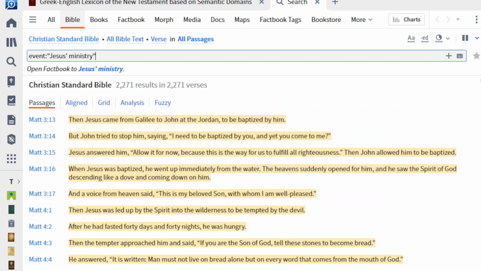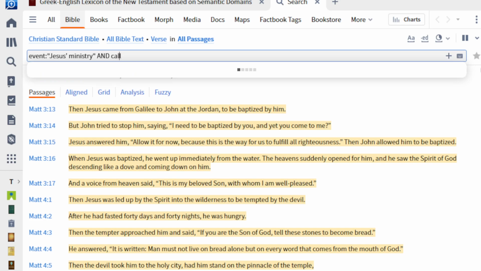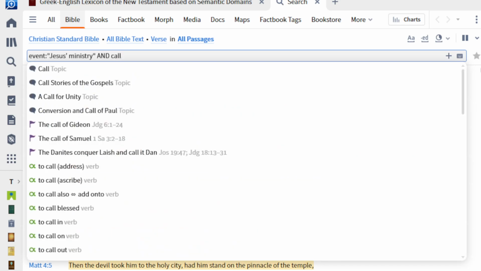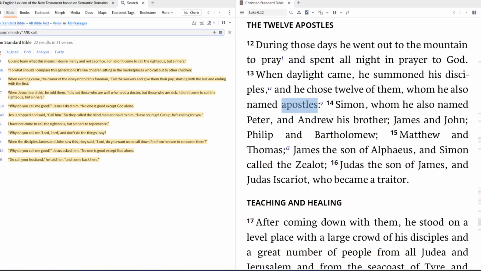So then I could do Jesus' ministry, and you use all caps for these kind of searches. We'll talk about that in more detail another time. The word call, right? And then I could find a list of the times that the word call is used in passages in Jesus' ministry. Just really cool. It's not actually that great of an example, but it shows you the power of the software, I think, for sure. So going back then to apostles again,